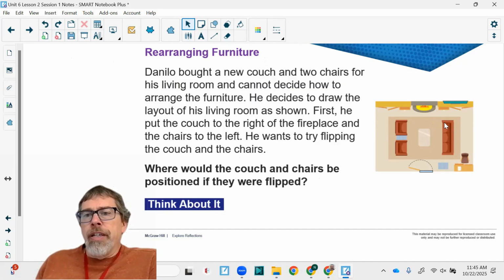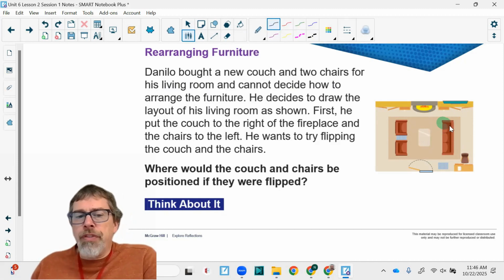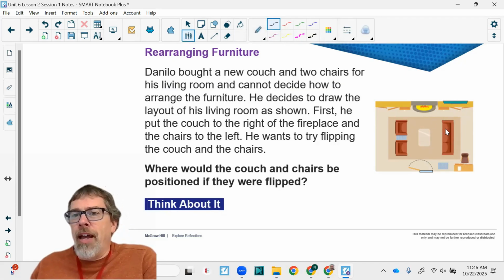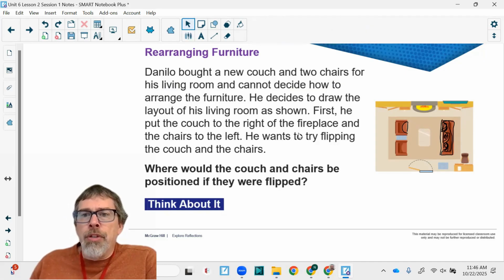So if this is flipped, for starters, let me get my pen. If this were flipped, get that stain off the rug. If this was flipped, you see this right here, the seat cushion? This is a seat cushion. If I flip that over, it would end up over here. Okay, but then the couch right here would also be flipped. So if I just draw this showing that,